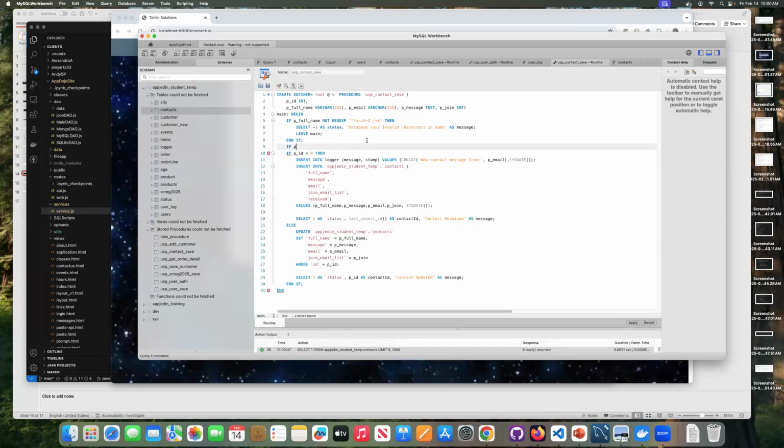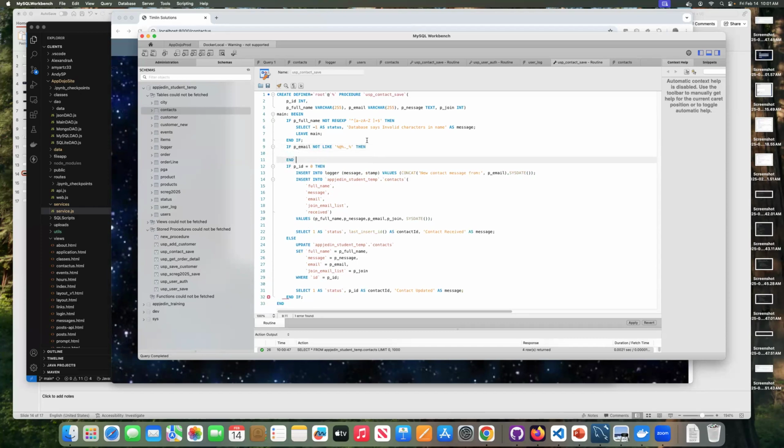So one of the things you could just say here is that if email not like percent, it's got to have an @ sign, right? Percent. And then you can also say dot, at least one character, percent, right? So if it doesn't match that minimum pattern, I'm going to return it as being invalid. And it's going to basically be the same thing as here, except we're going to, oops,